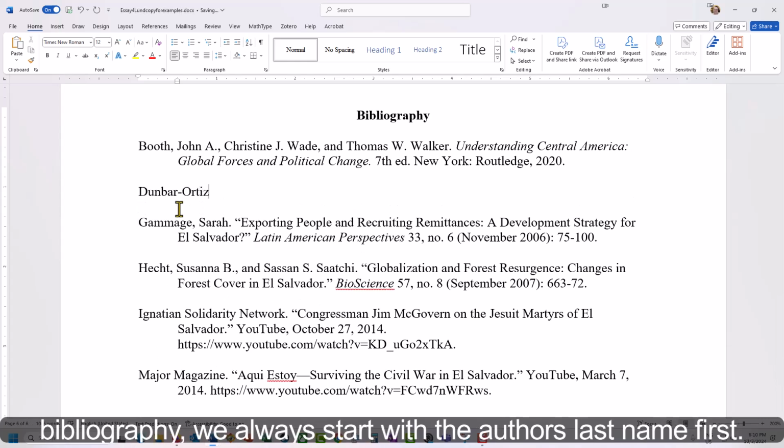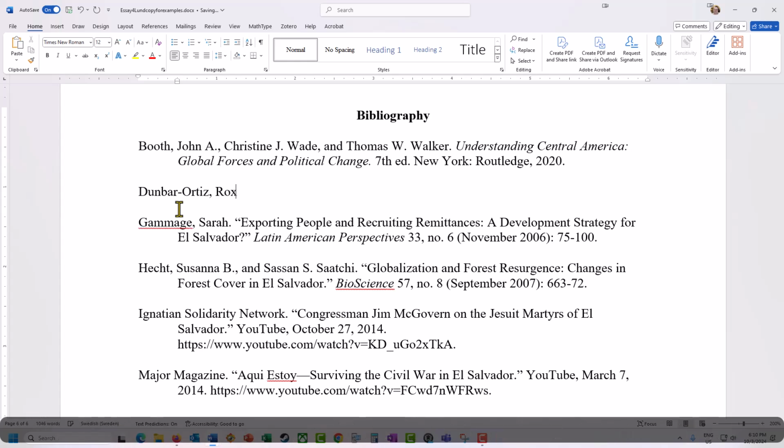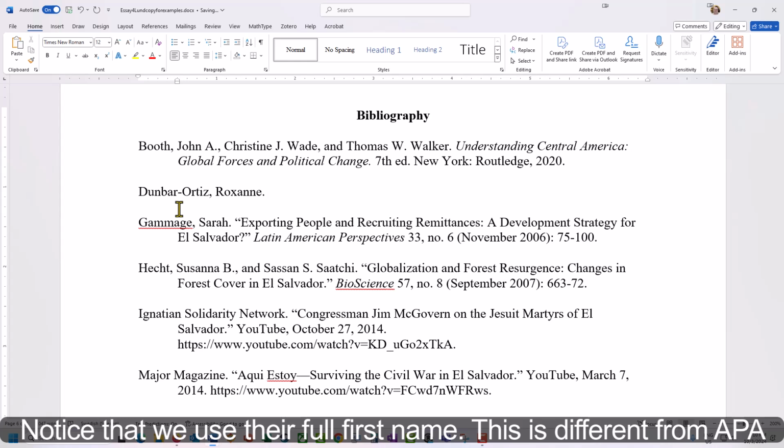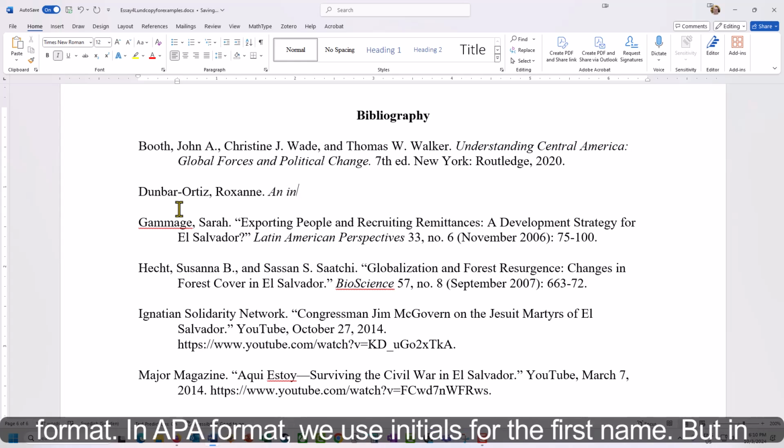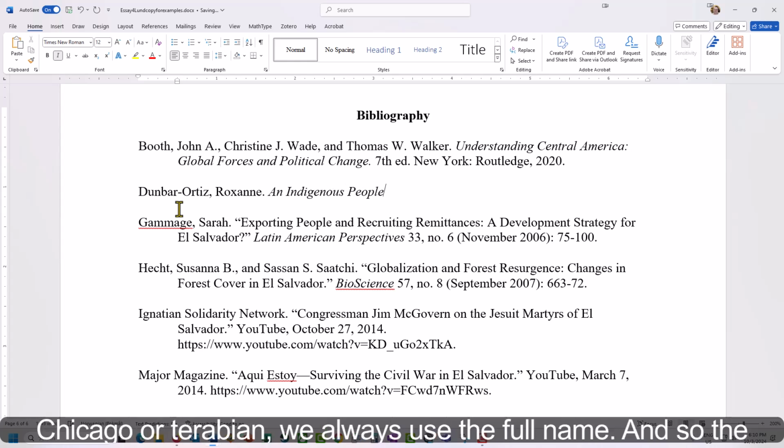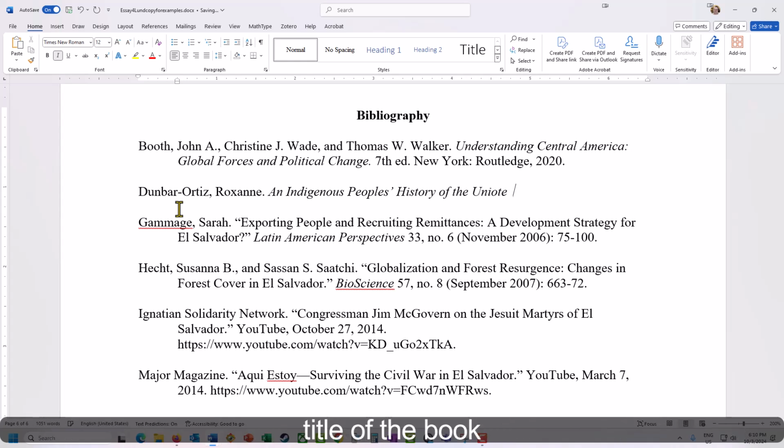And so for a bibliography, we always start with the author's last name first. Notice that we use their full first name. This is different from APA format. In APA format, we use initials for the first name. But in Chicago or Turabian, we always use the full name. And so the title of the book,